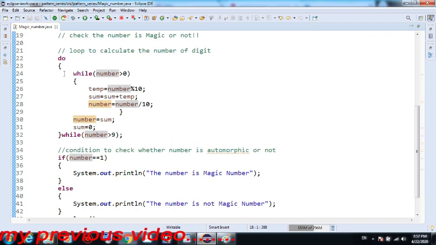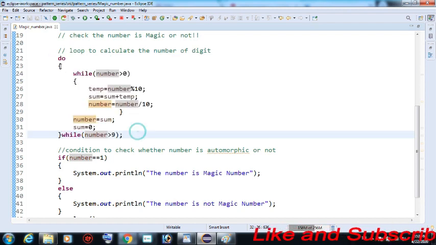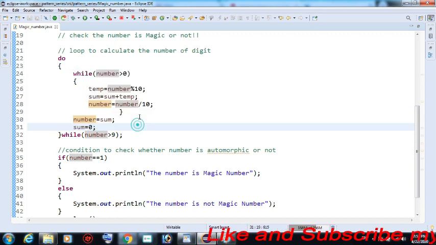Then here, as we discussed, after getting a number we separate the digits and simultaneously calculate the digit sum. So here we make a do-while loop, and inside it a while loop.